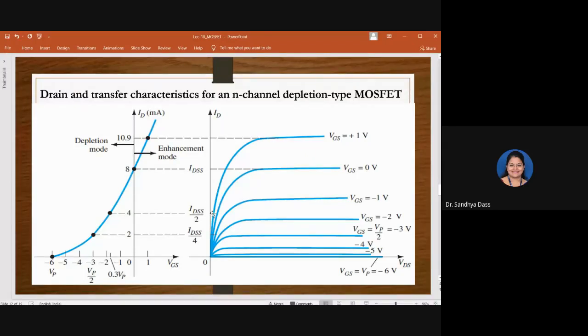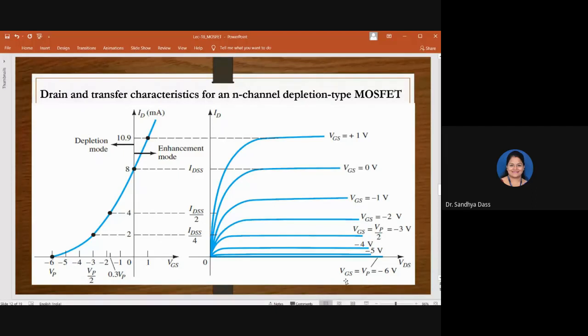It came to this level, all right? When VGS is equal to -2, when you made the gate terminal more negative, the saturated drain current level dropped further. And as you make VGS more and more negative, the drain current level is also decreasing. At some point, when VGS is equal to VP, you know what a VP condition is now? VP is nothing but the pinch off condition. When there is a pinch off taking place in the channel, all those things you have to visualize.